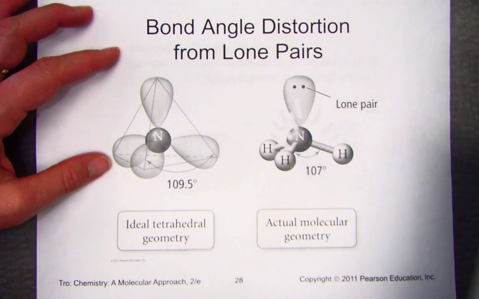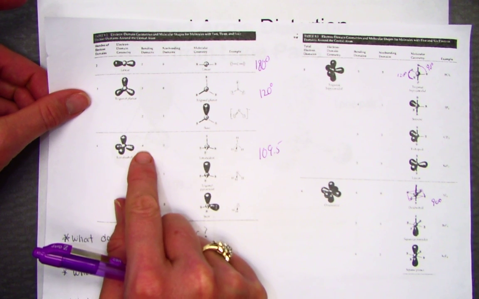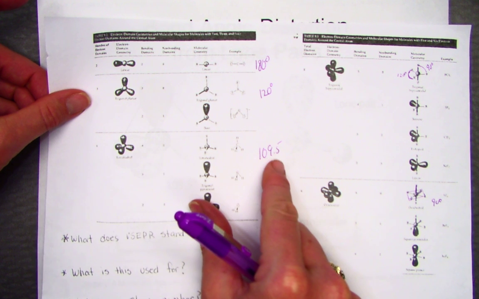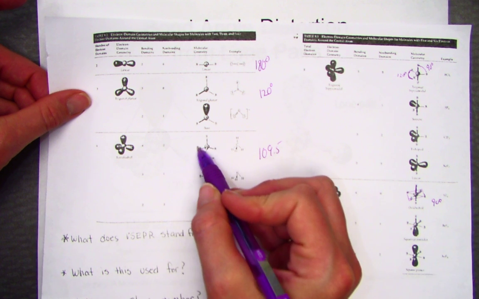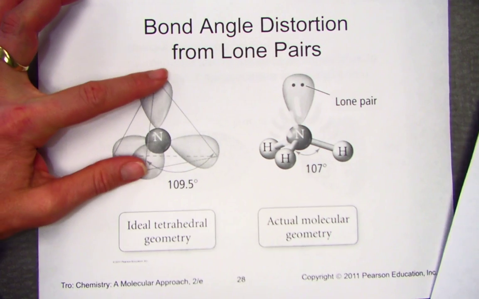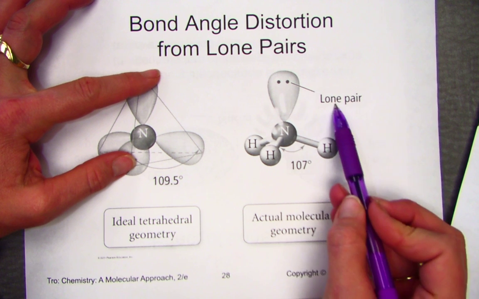And let me clarify where we're finding that. In a tetrahedral, where all 4 are bonded back, none are unbonded, we get a perfect bond angle of 109.5. In a tetrahedron, these space out with 109.5. But suppose we have 1 unbonded pair. The lone pair of